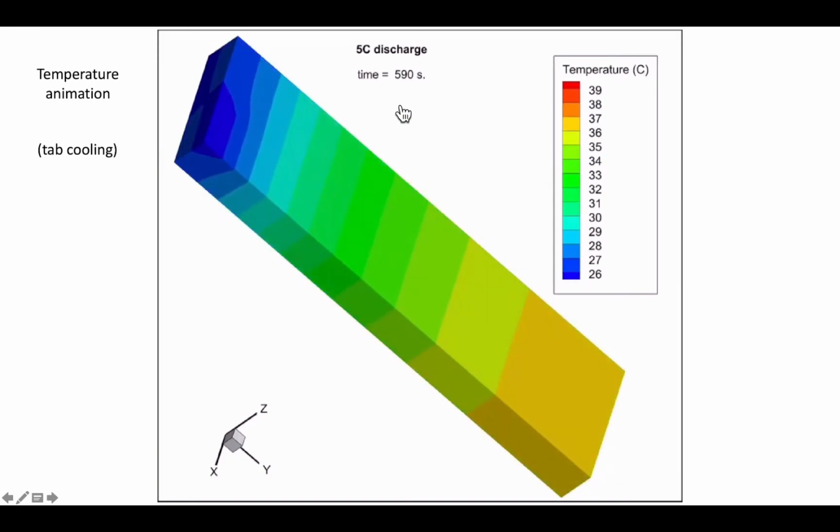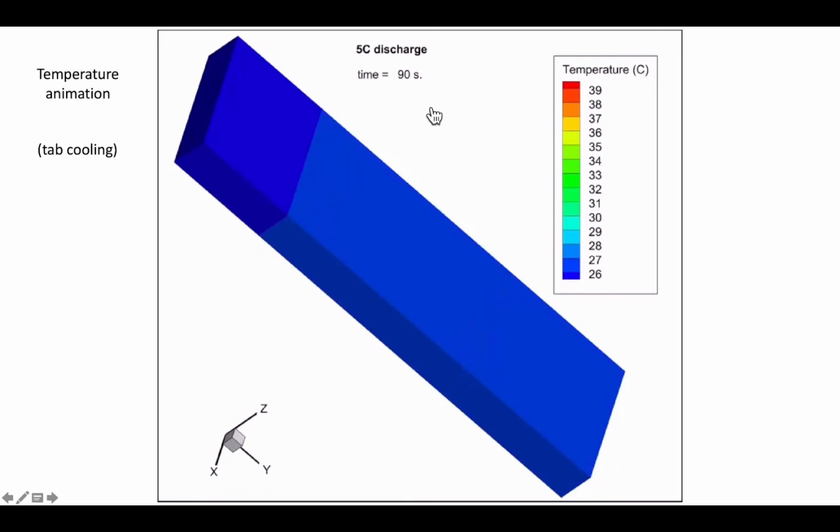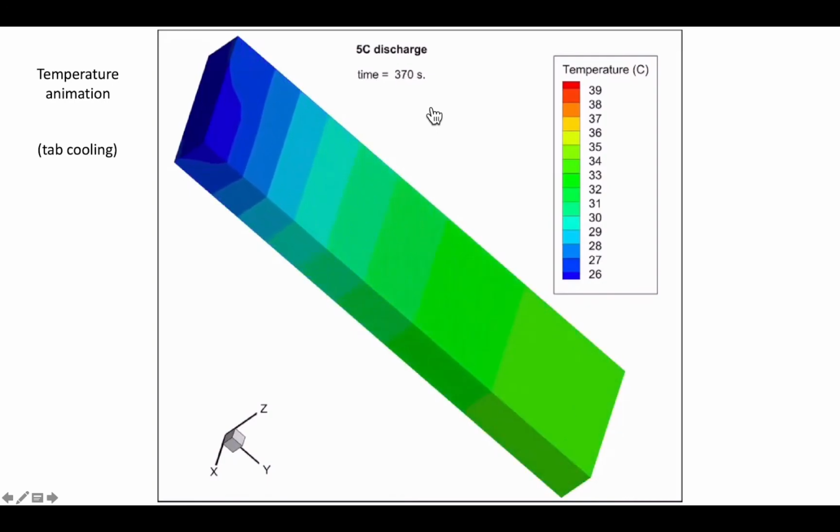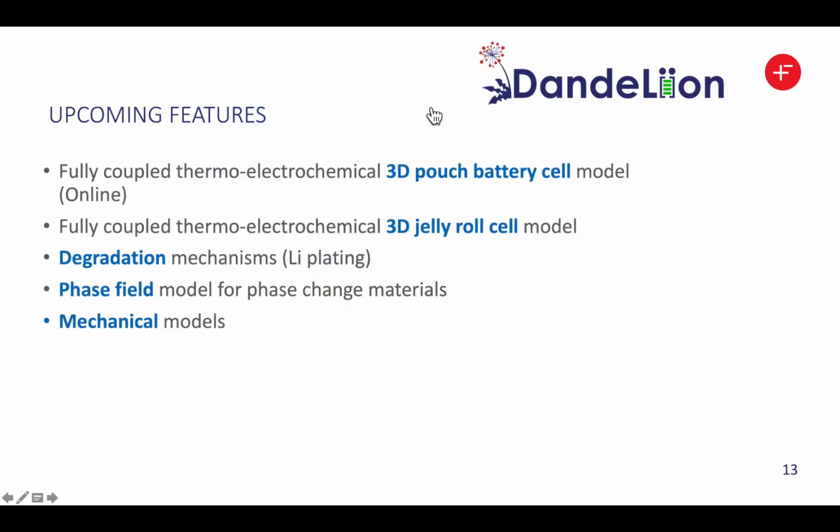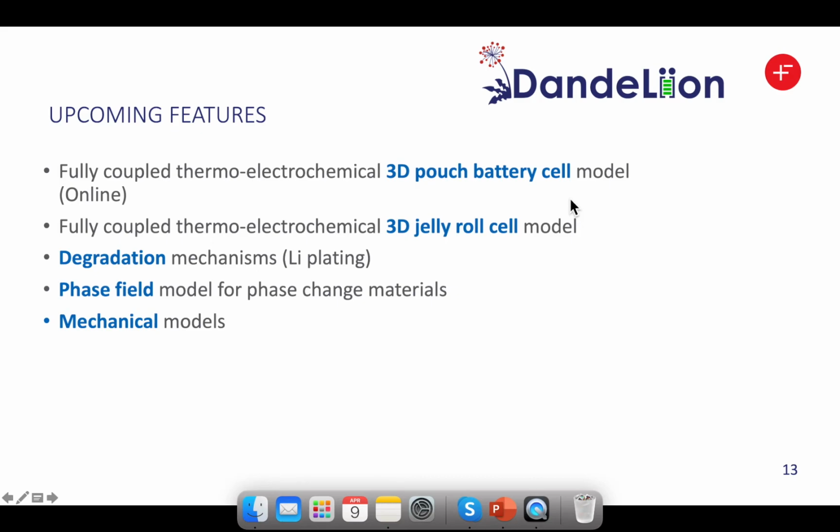This literally gives you a virtual battery and opens up the possibility for engineers and researchers to look inside and identify the bottleneck, and this can be used as a great optimization tool. We have a fully working thermally coupled electrochemical model for the 3D pouch cell. However, we decided to commercialize Dandelion, so it will be released behind a paywall, and it will be available for the Faraday Institution to use for free.